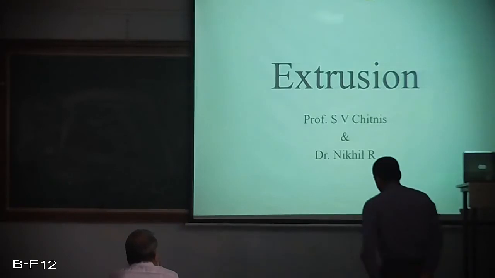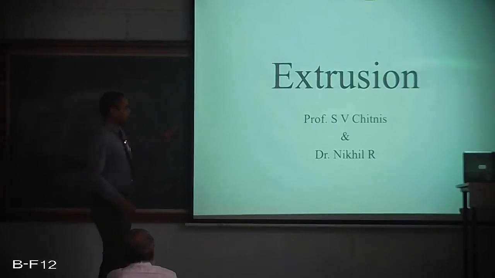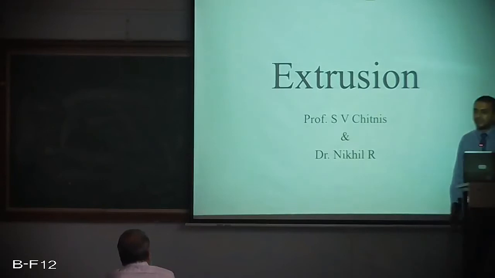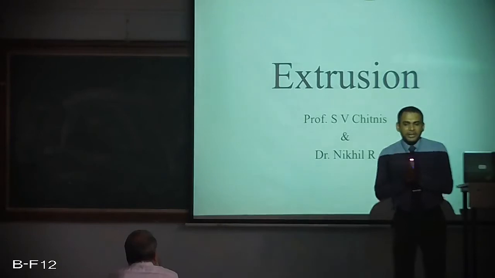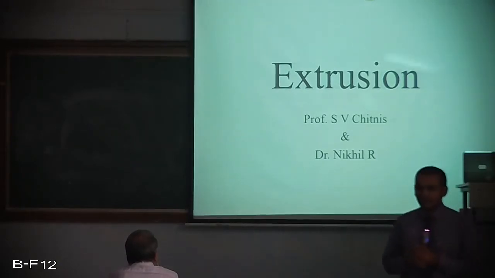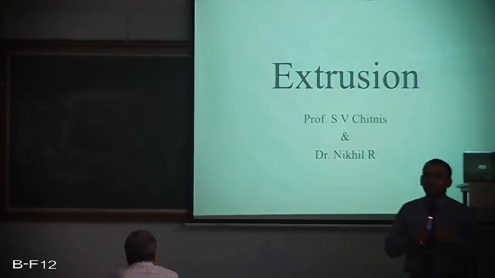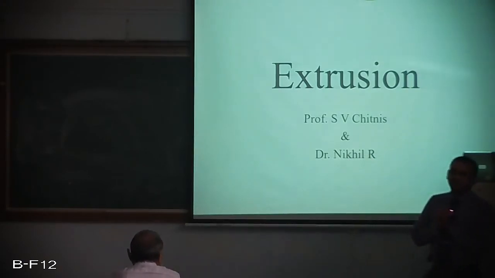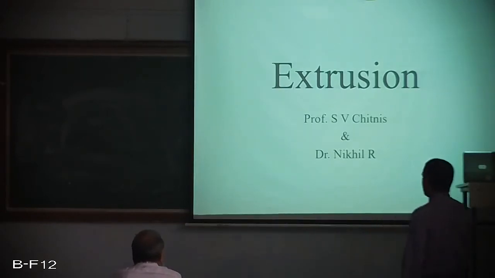So, what is extrusion? A simple example of explaining extrusion is squeezing out the toothpaste from the tube. Basically, the metal is held inside a container just like the toothpaste, and it has a small opening at one end and the other end is completely sealed. From the other end we push the metal so that the metal takes the form of the die at the other end.